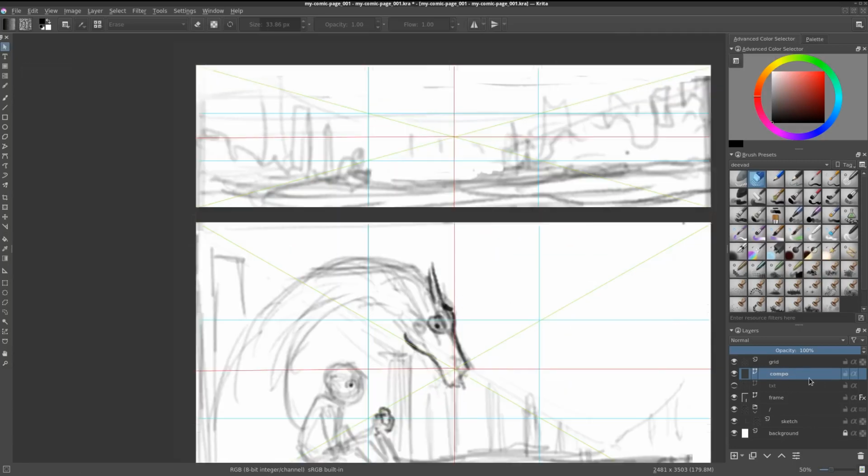And when it's done, you can reduce the opacity of the composition layer because we only need it to be